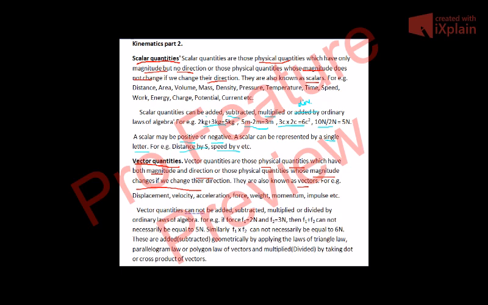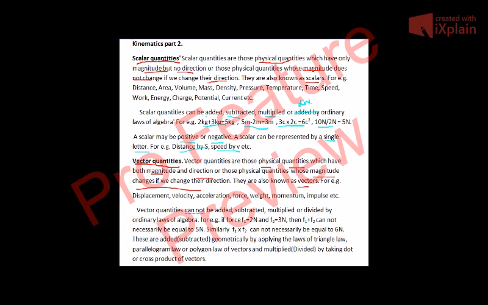Now look here. We have already discussed displacement. If a body is traveling along the circumference of a circular path, what will be its displacement if it starts from A and ultimately rests at A? Its displacement will be 0. The same is the case with velocity. If we change the direction, velocity will increase or decrease. For example, when there is a curved path, we change the direction, so the velocity of the body also changes.